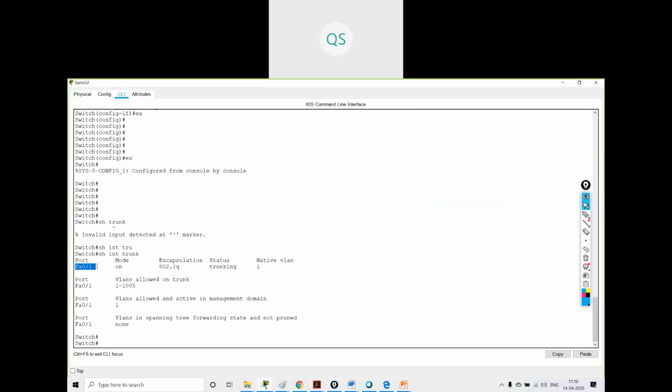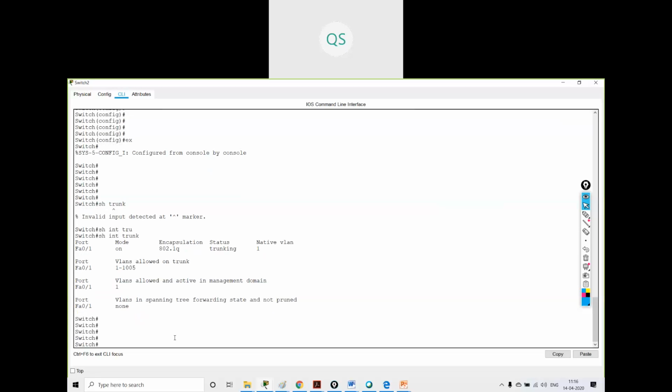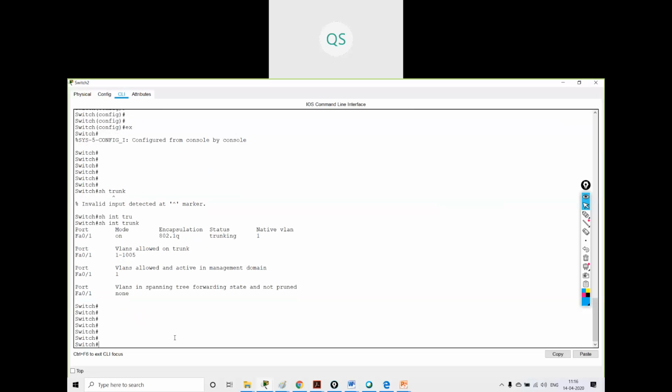FastEthernet 0/1 is my trunk port, and you can see the encapsulation type is 802.1Q. You can also see the native VLAN ID is VLAN 1. Understood?